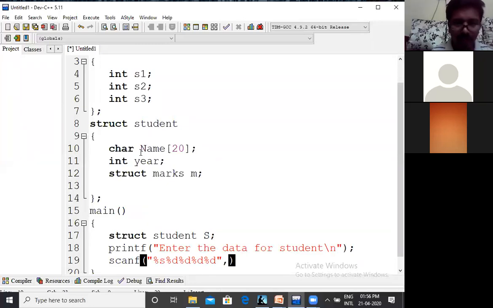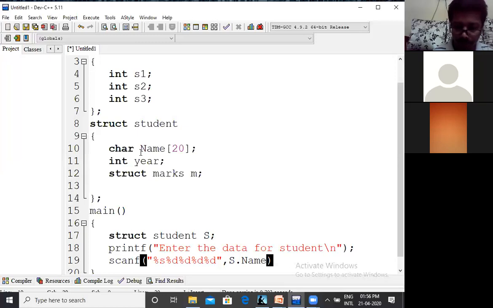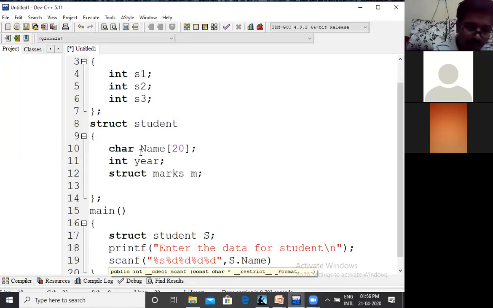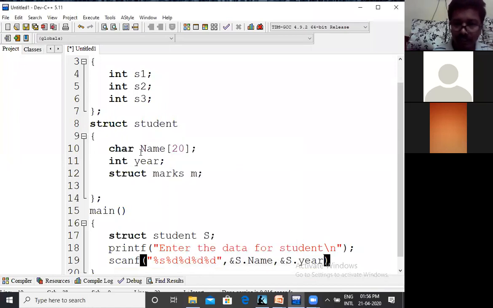What is the name of the structure? Student structure, capital S dot name. Okay, have to use the ampersand. Next ampersand capital S dot year.